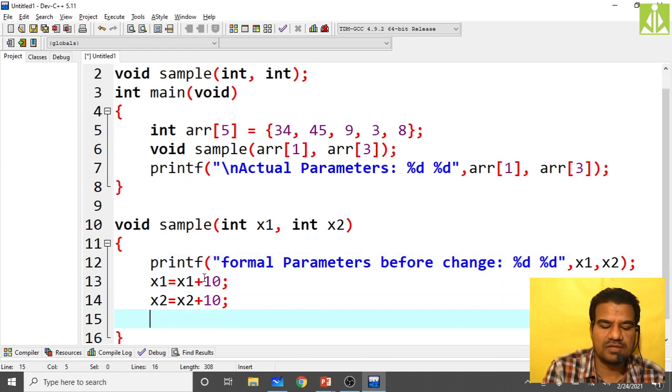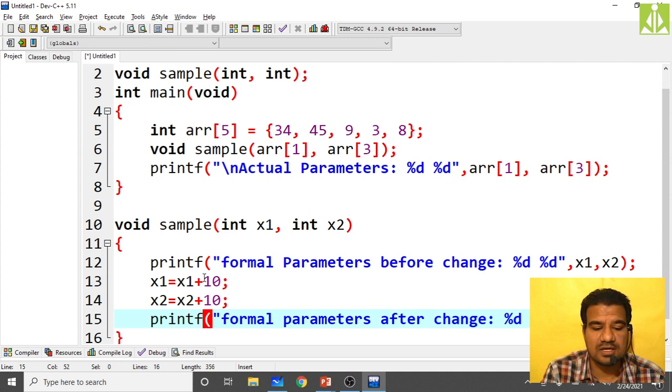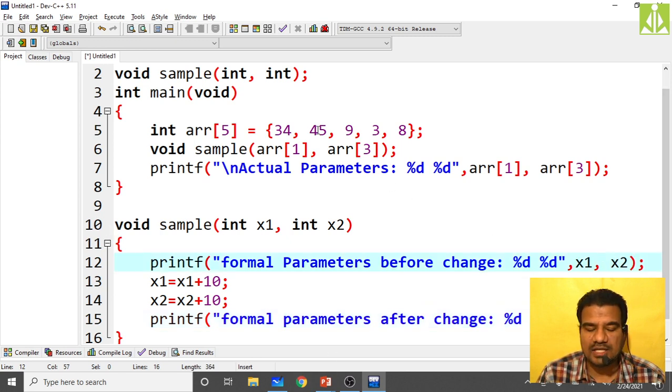And again, after modification, printf formal parameters after change. Put the same thing, percentile d. Same concept I'm applying, what we discussed in our previous class. Again I'm printing x1 comma x2. At the end, put the semicolon. So now I'm receiving the actual parameters into formal parameters.